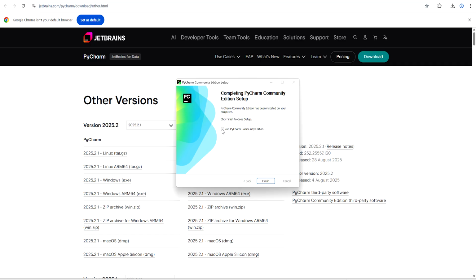Now PyCharm Community Edition is installed. Check this box and click finish.